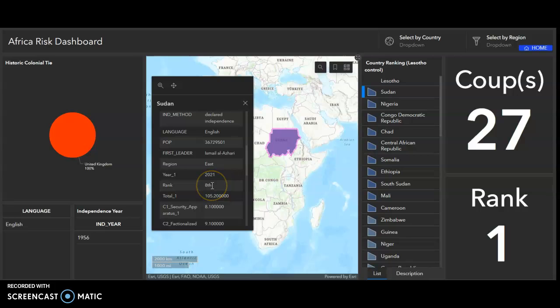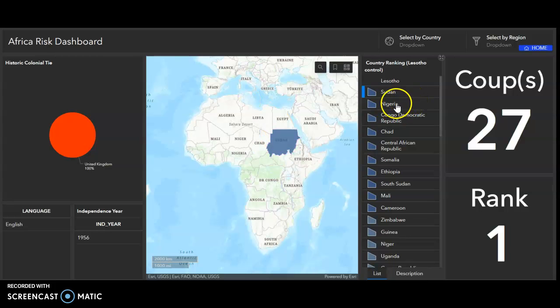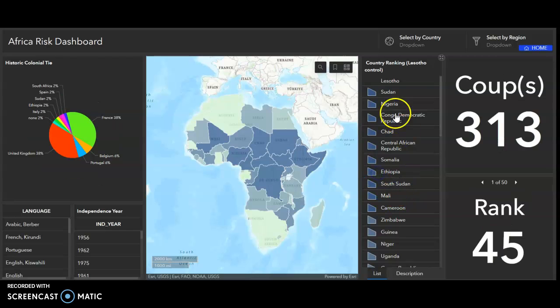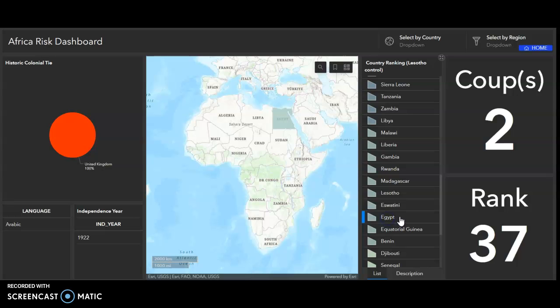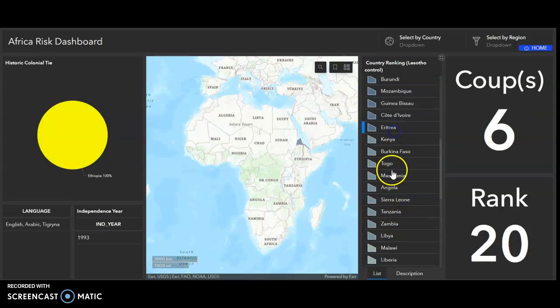Now Sudan's ranked 8th in the entire world. For the purpose of this study, they're ranked number 1. And it goes on and on down, all the way down. So looking at these scores, having 2 coups, for example, in Egypt, doesn't necessarily mean that you're good, because there's other countries here that have 2 coups and that are